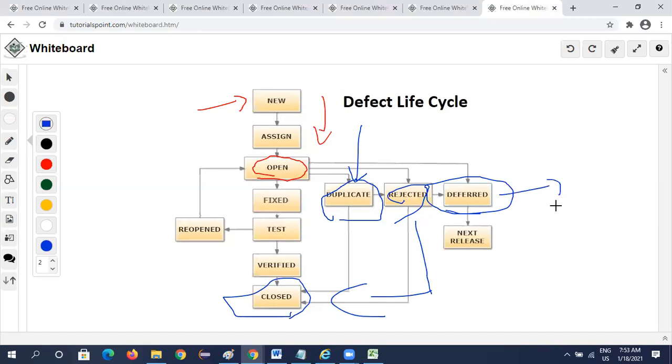Deferred means doing it next time, postponing, and assigning it to the next release. That is called deferred. So duplicate, rejected, deferred. Now if the developer has accepted your defect, then he will